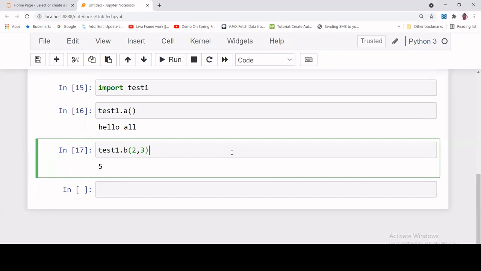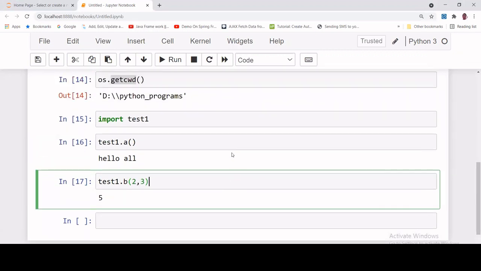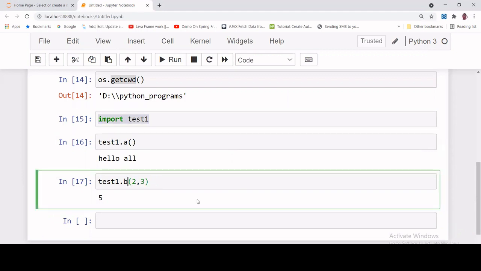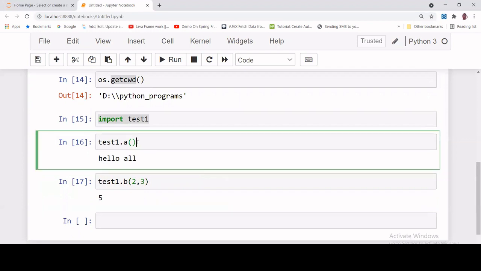So what is the advantage? The advantage is that anytime, anywhere, just import this module and use those functions. You don't need to write the code again and again. The code is already written. You just import the code and get the answer. Now I have written two functions, but you can write 10 or 20 functions. Different functions will do different jobs, and you call them by module name dot function name. Done. This is how you can create a user-defined module.